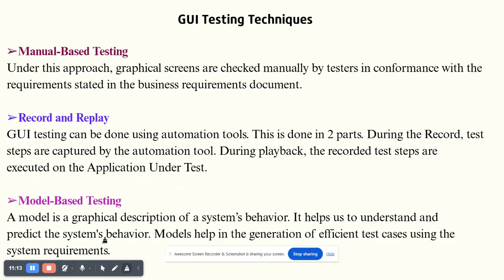When you're talking about the GUI, there are again techniques from which we can perform the GUI testing. There is manual based testing. Manual based testing, as the name suggests, means that manually you have to go through that functionality or the user interface and inspect everything as per the client requirement. In this approach, graphical screens are checked manually by testers in conformance with the requirements stated in the business requirement